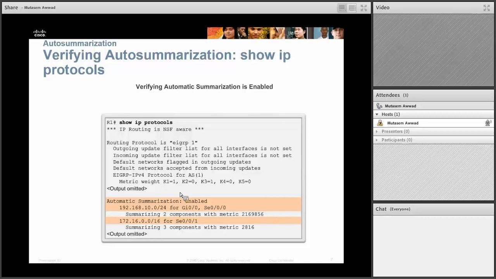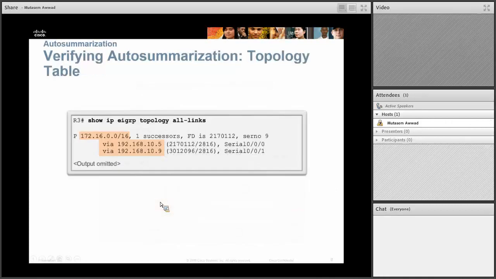All right, if you want to verify whether you have auto summarization, you just type show ip protocols and it will show right here. It will tell you if auto summarization is enabled or not. So if you're troubleshooting and you want to find out if the router has been summarized or not, just type show ip protocols and it will display it right in here. All right, if you also use show ip eigrp topology on all the links, you're looking at the topology table, and it's going to tell you that this network